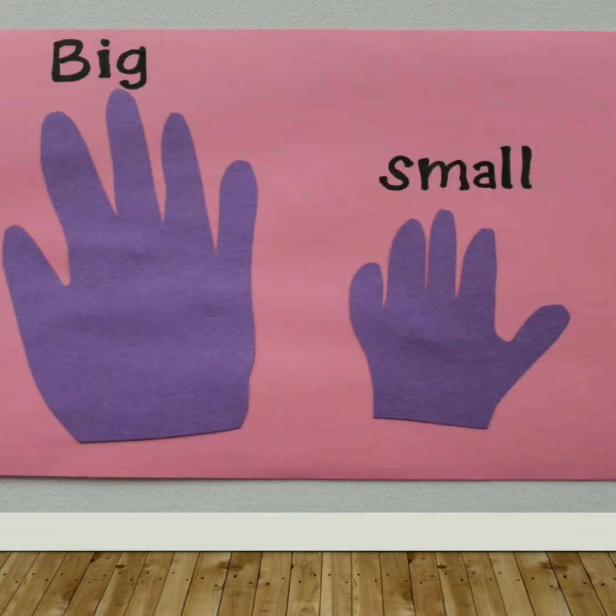Okay, now we'll go to our next slide. In this slide, we can see two pictures of hands. The first one is big in size and the second one is small in size. The first picture has a bigger hand and the second picture has a smaller hand. Now you are going to put a right tick to the smaller hand. Which one is the smaller hand? Second picture. Yes, put the right tick to the smaller hand.